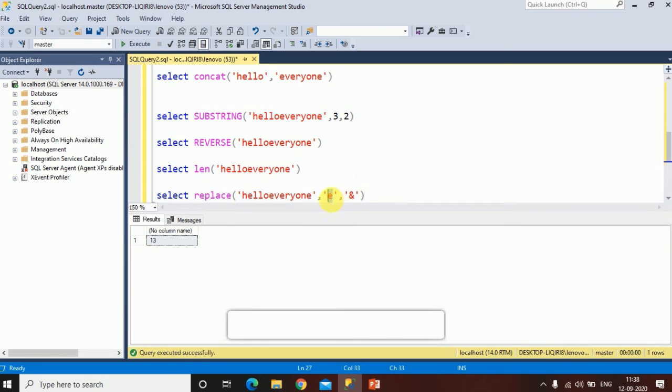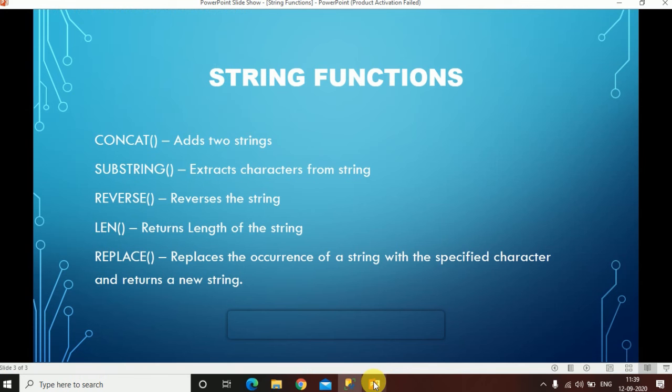Wherever E occurs, it will replace it with ampersand. When I run this query, you can see the output. E has been replaced by ampersand, LLO, then again E is replaced by ampersand, V, again E is replaced by ampersand, RYON, again E is replaced by ampersand. So in this way, we can use the REPLACE function to replace characters in a string.